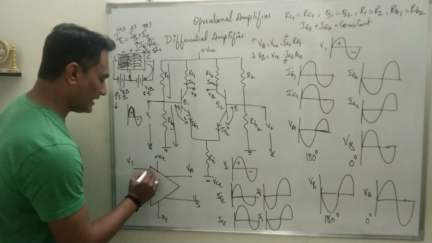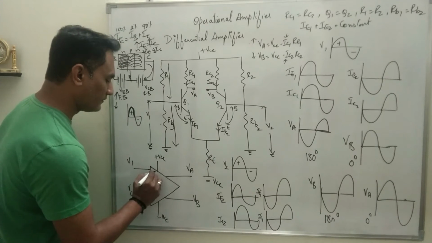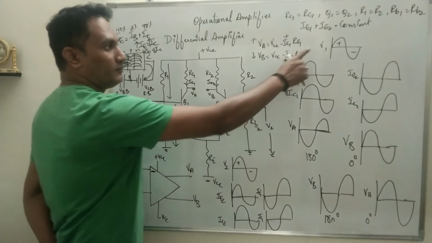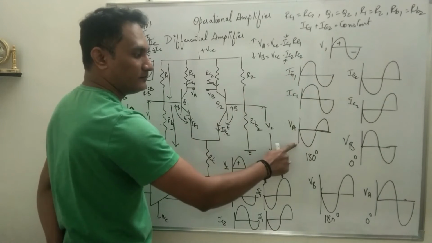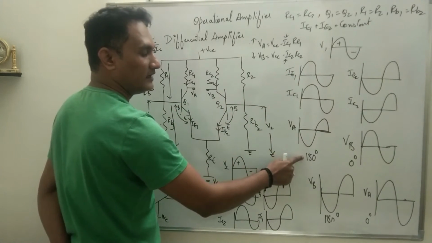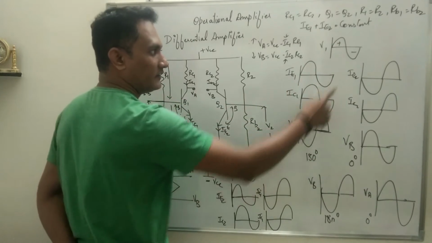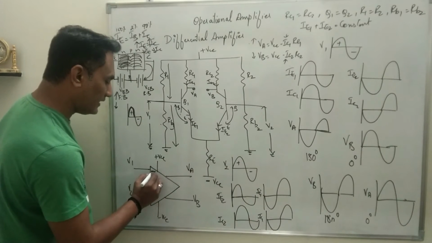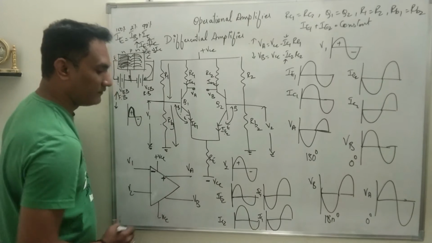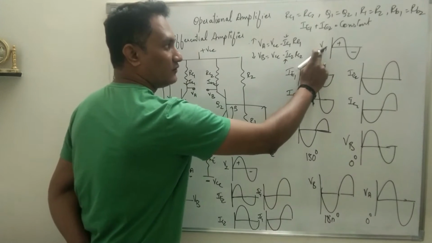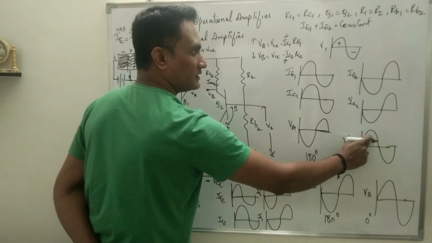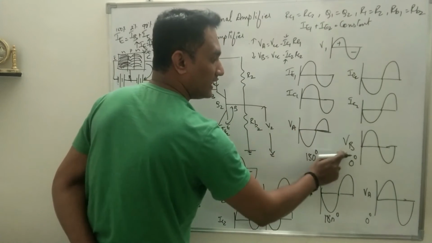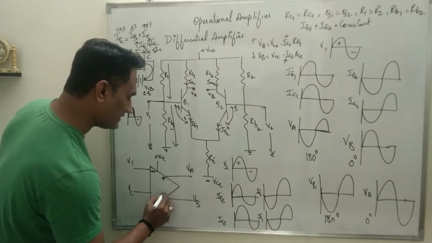Suppose I mention V1 to be negative, I will denote it by a negative sign. Now what you can see is when input is applied to V1, at the output VA you get 180 degree phase shift. That means when you give positive you get negative, when you give negative you get positive. So if you give negative at V1 you get positive at VA. At the same time, when the input is given to V1, when you give positive you get positive at the output VB, when you give negative you get negative at VB. That means V1 and VB are in the same phase, so I will represent VB as negative.